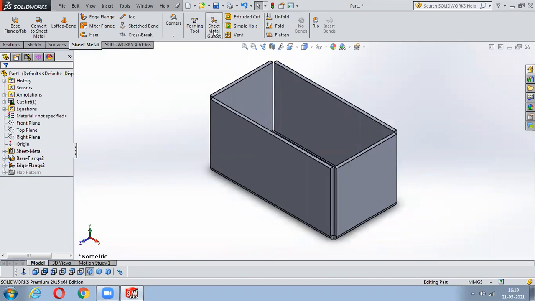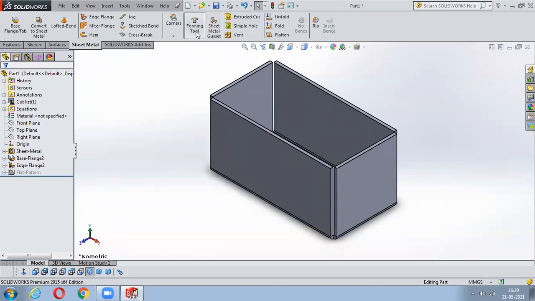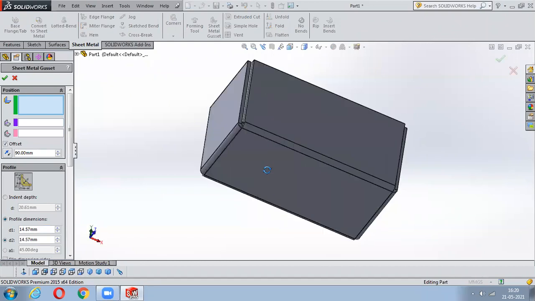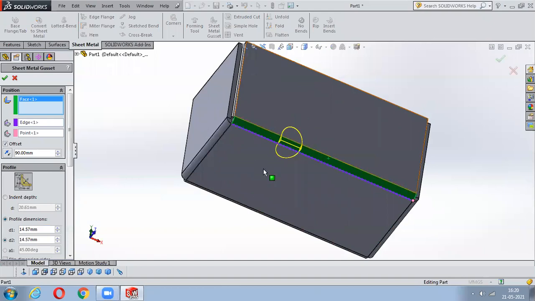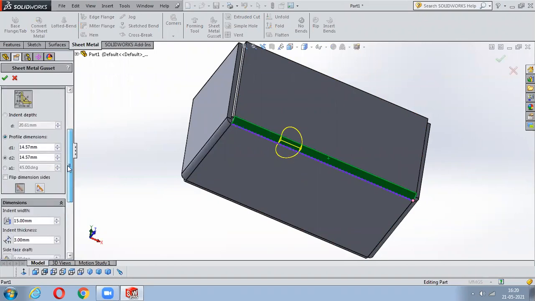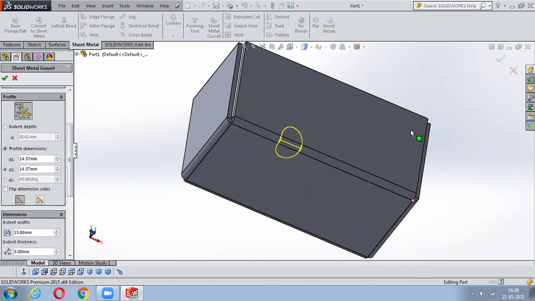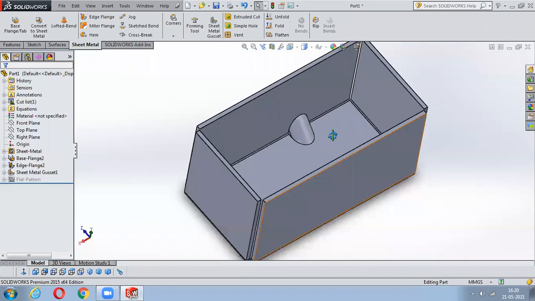So next we have what is called a sheet metal gusset. A sheet metal gusset is just like your stiffener, or what is this command called here? Yes, rib, which we use to give strength. In the same way, select the sheet metal gusset here and click on this edge. Once you click on this edge, you can notice a sheet metal gusset is being created. If you want to assign some values to it, you can assign the thickness, the angles, and everything here. If you say okay to this, this will be created. Got it? Can you notice this?